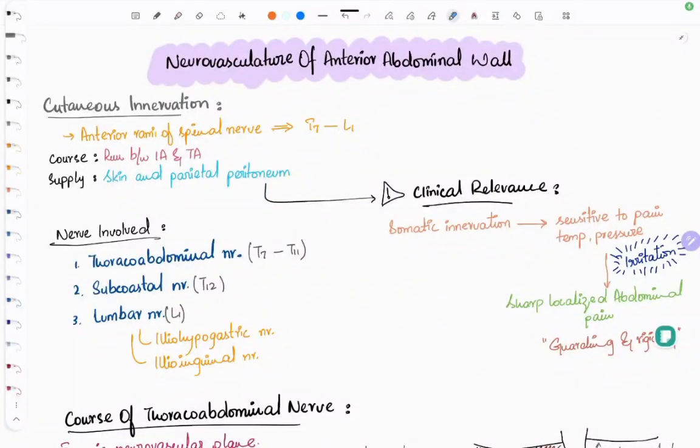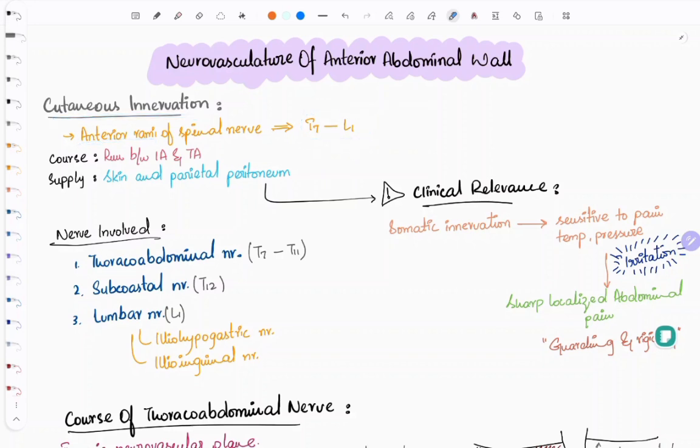Assalamu alaikum. Today's lecture is on the neurovasculature of the anterior abdominal wall. We'll cover the cutaneous innervation of the anterior abdominal wall in this lecture and discuss the vasculature in the next lecture. The anterior abdominal wall gets its cutaneous innervation from the anterior rami of spinal nerves extending from T7 to